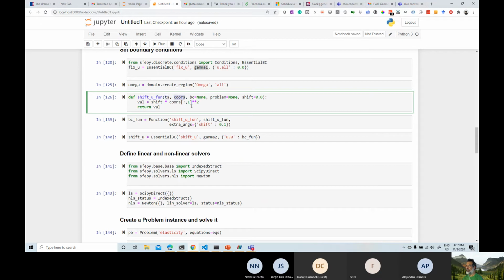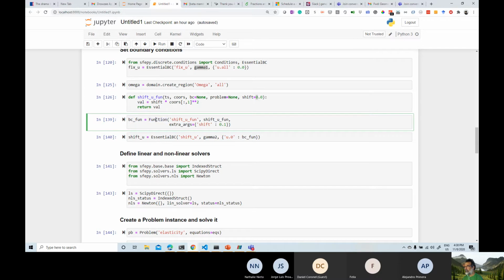Coords is the coordinates. Here we are using the first coordinate, which will be the y coordinate, right? And then we can provide additional parameters here. So shift is an additional parameter that can go here, and the default is 0. Right? We define this function, and then we create a boundary condition, a variable that contains that condition,